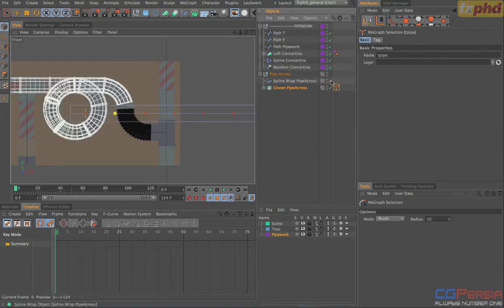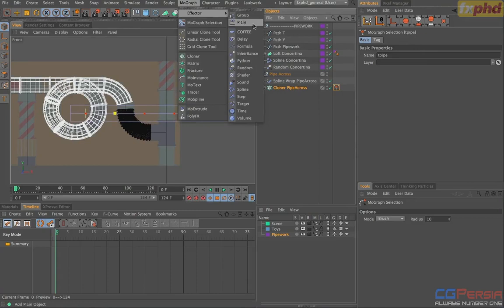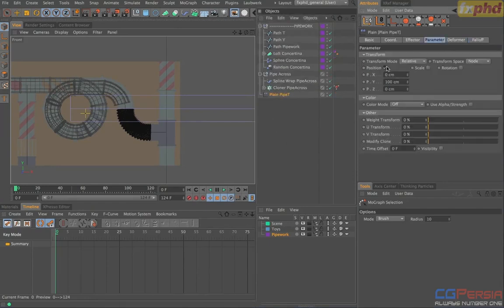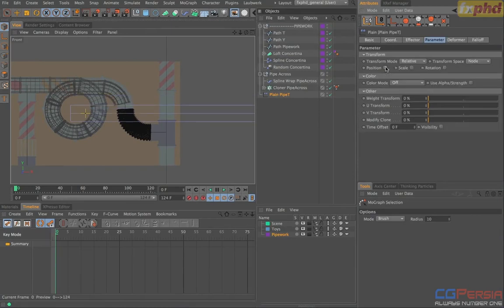Add in our deformer again. So with that selection tag selected, come up to MoGraph, choose effector and add in a plane effector, and let's call this plane pipe T. Switch to the parameter tab, uncheck position. We don't want it to move the position, but one thing you'll notice is that now